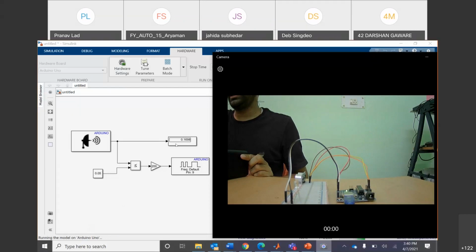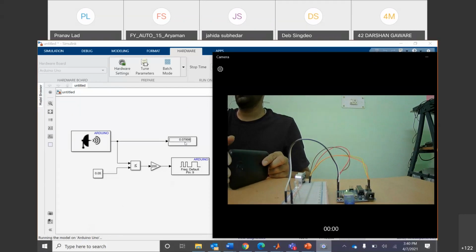So the display you see here, I hope it's not too small for you to read, is 0.17 at this point. I'm taking my mobile phone closer to it. Distance is reducing, from 0.17 it has come to 0.104. It's going down, 0.07, 0.06, 0.05, and if I go even closer, the LED has blown up now because the distance is now less than 0.05, right? Taking it away, if it is 0.07, the LED is not glowing, right?